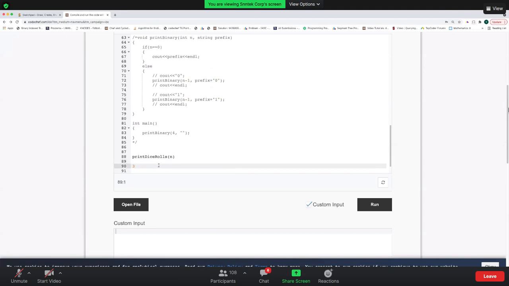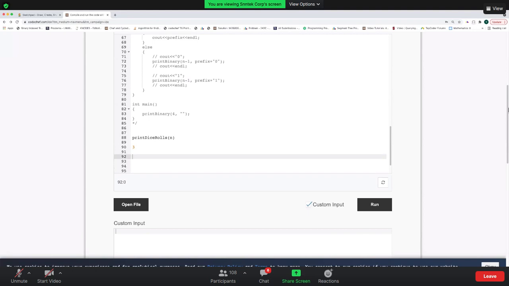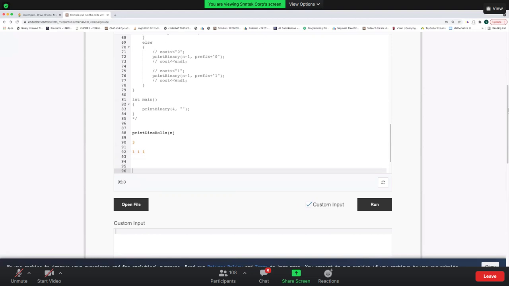In this case, I want to print the first dice can show 1, the second one can show 1, the third one can show 1, all the way up to all the 3 dices show 6. These are all total possibilities which you want to print, a total of 216 possibilities. And I need to write the code for printing the dice rolls of n dices.